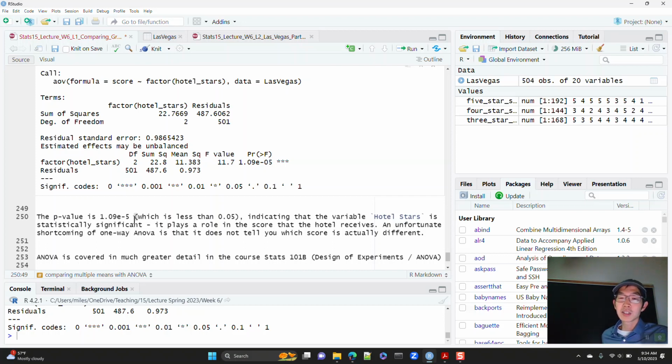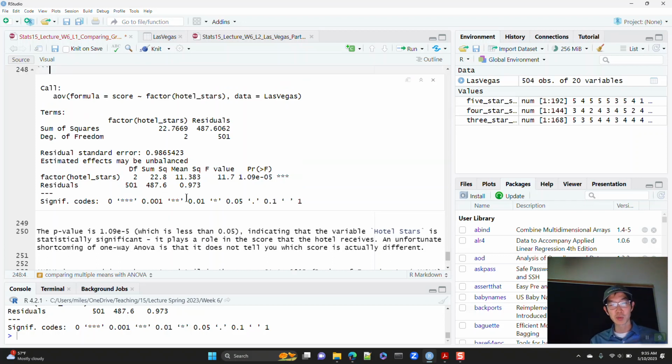An unfortunate shortcoming of one-way ANOVA is that it does not tell you which one is different. Is it the 3-star scores that are different from the 4-star scores, or is it the 5-star scores that are different from everything else? It's not going to tell you. From the other analysis, I think we can be confident that it's the 5-star scores that are different from everything else, but one-way ANOVA on its own won't tell you which scoring system is the one that's different.